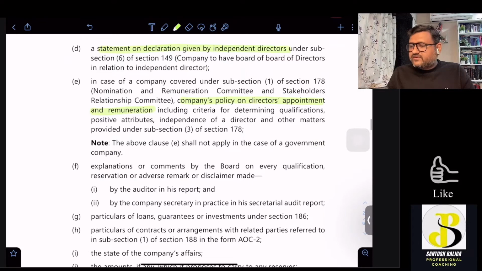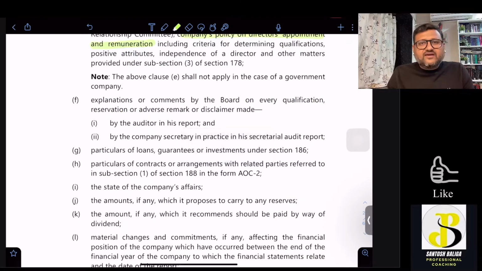Okay, next point is, as I said, in case the auditor's report gives any kind of qualification, reservation, adverse remark or disclaimer, then the board's explanation or comments on such auditor's qualification, reservation, adverse remark, or disclaimer shall also be provided in the board report. Now, this will be applicable both for the auditor's report as well as the secretarial auditor report. The next one is the